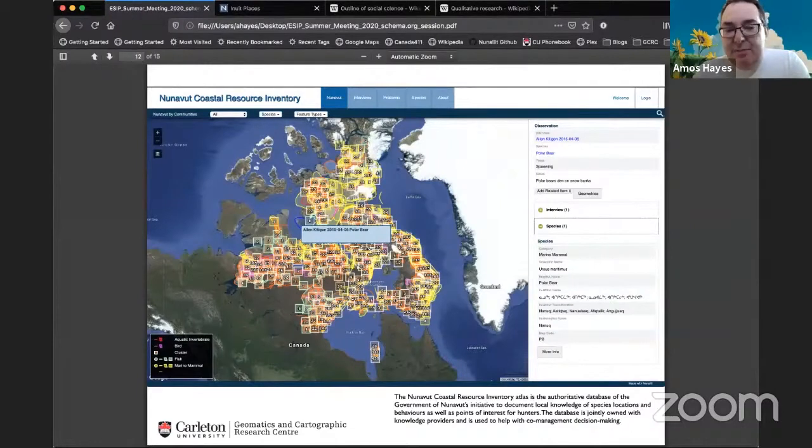But a complete inventory from experienced land users, hunters in Nunavut, about where some 500 species are known to be, and in what kind of quantities, where they've moved from and to, and that sort of thing.